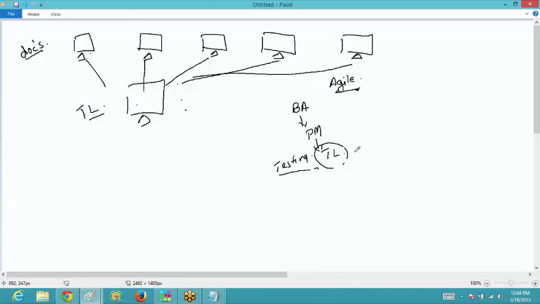This increases his effort also, because he is giving the changed documents every now and then, and the people are mailing him for the review of the things, and he has to mail them back again with the new points of improvement. So this will make a lot of trouble for the testers and for the test leads also, because every now and then the mail would be going back and forth.